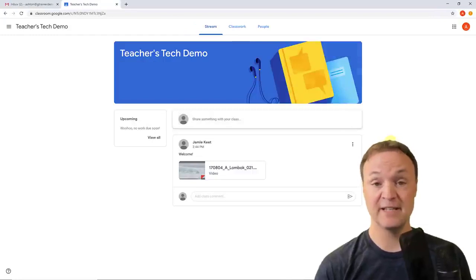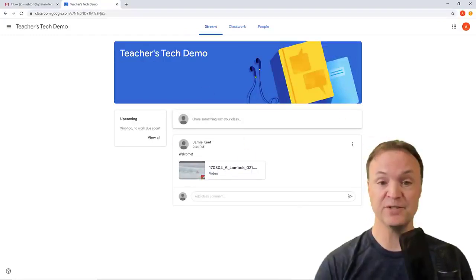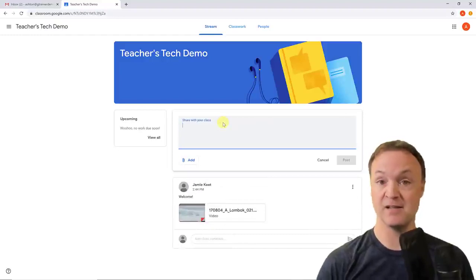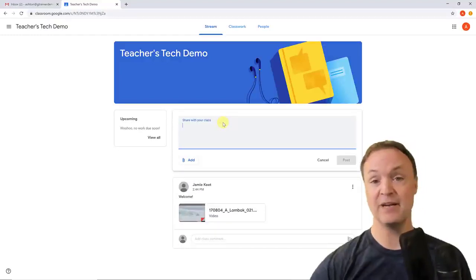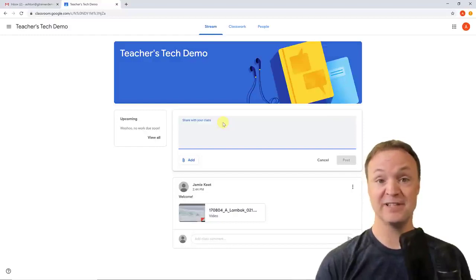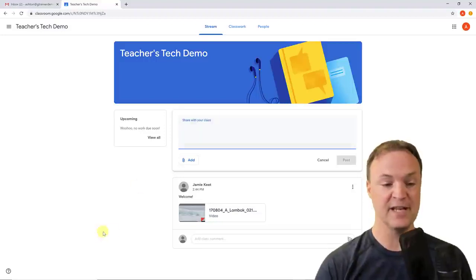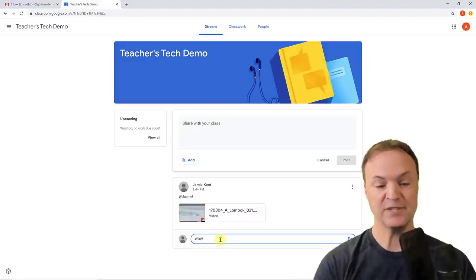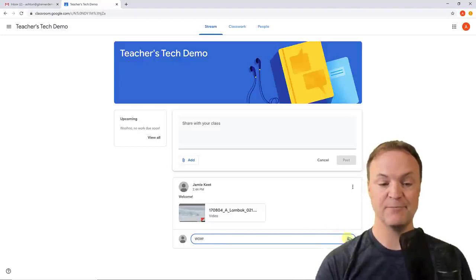So now I'm logged in as one of the students, and this is their view. It's not changing a lot, but now students can comment back on this too. And notice they can write something up here also. Now I'll show you in a moment, you might not want to give that much opportunity for students to write right away. Maybe you want to teach them about it and the appropriate things to communicate in here, and I'll show you where that option is. But if a student was, I'll just say wow, and was to write something here and then send it back,